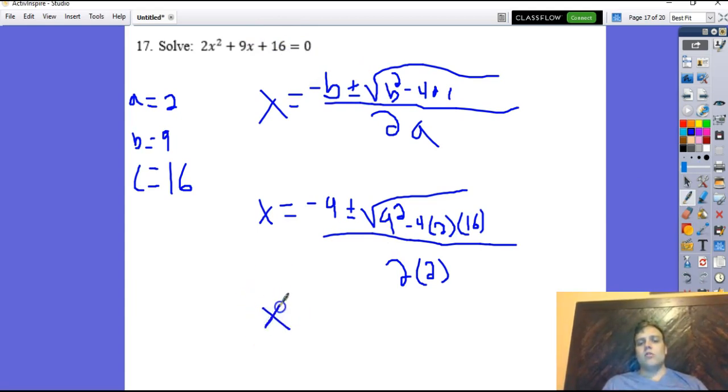So we're just going to go ahead and throw that underneath the square root sign, but you're not going to get that on the test. On the test, you're going to get a positive number. So negative 9 plus or minus the square root of negative 47